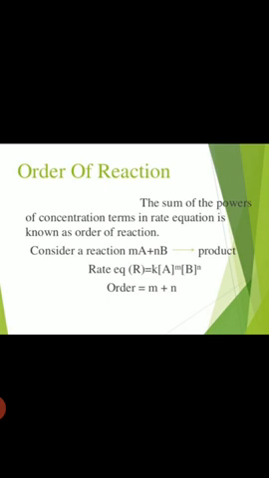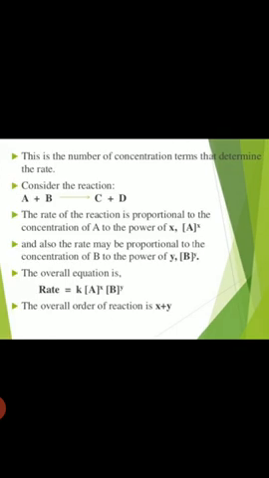So the rate equation will be expressed as r equals k, [A] raised to power m and [B] raised to power n, right? So the order will be m plus n. According to the rate law equation, the powers will get added up. But when we are writing simply the rate of the reaction in terms of the law of mass action, then it may or may not be that the stoichiometric coefficient powers which will be added to determine the order of the reaction are the same as those determined experimentally. So next, the order tells us the number of the concentration terms that determine the rate,